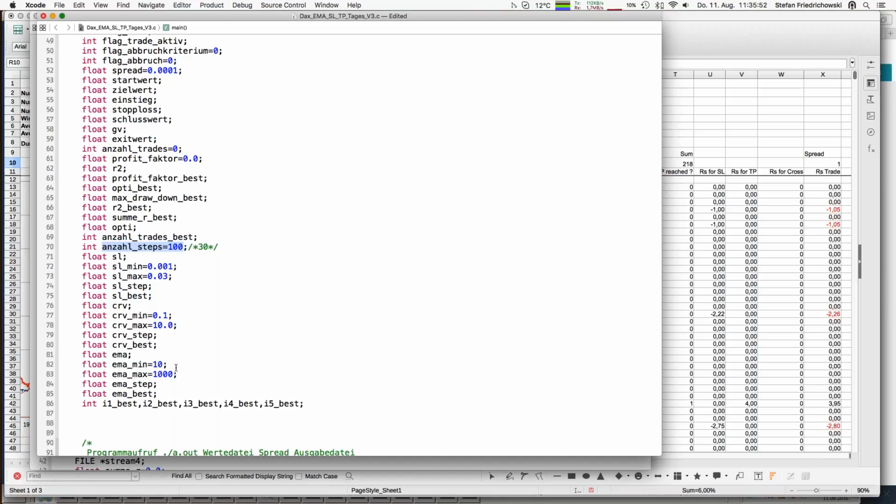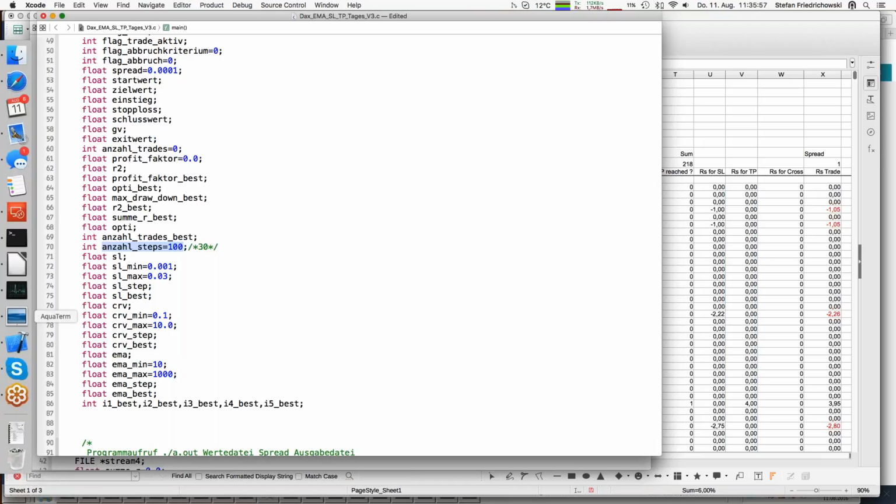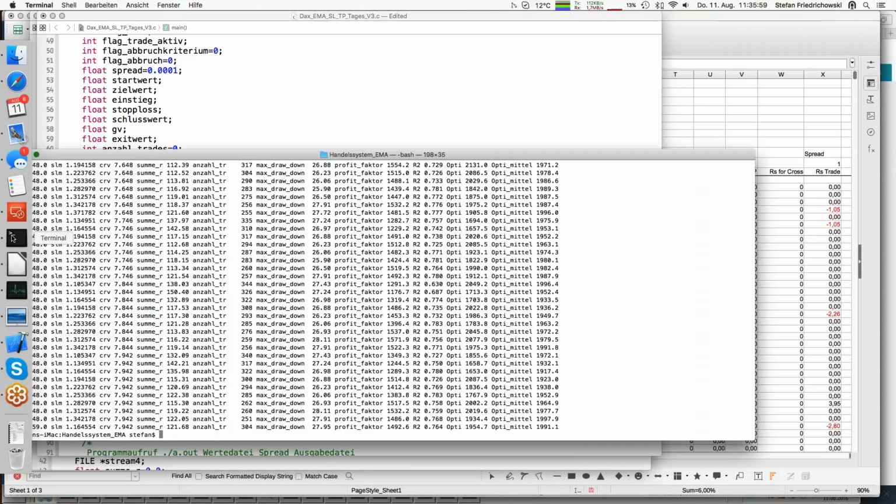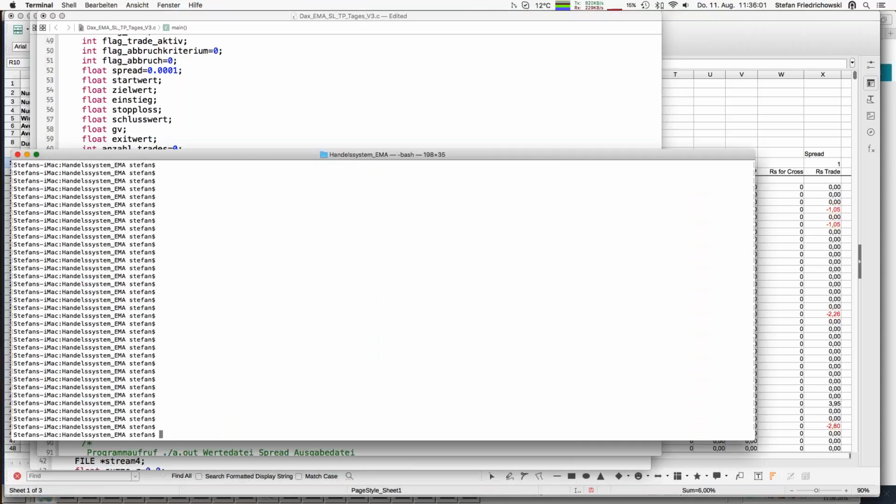If you would do it in Excel, you, I think, have to wait a little bit. With that C programming, it is much faster. Let's have a look on how that works. So let's start with just the stop loss setting, and as a stop loss in percent, and I just let run the program right now. And what you will see